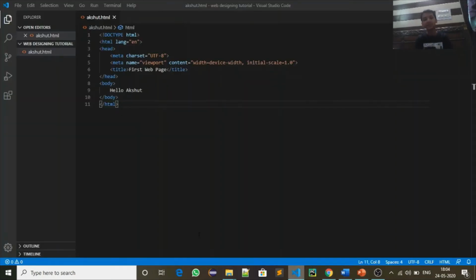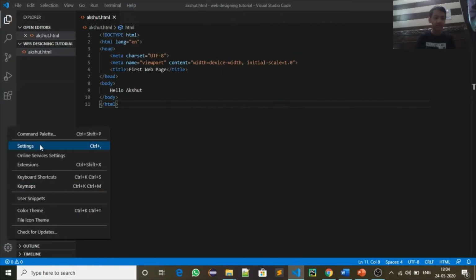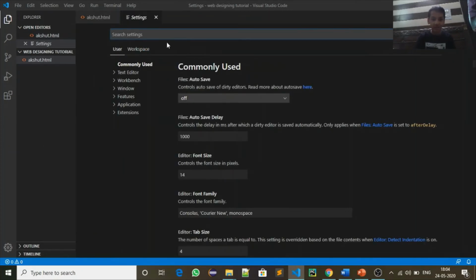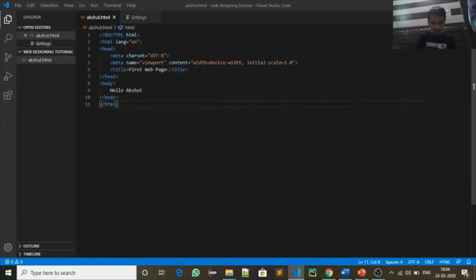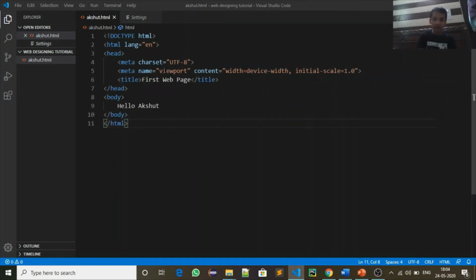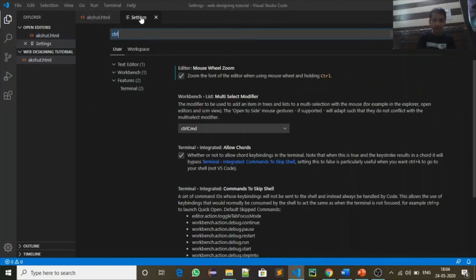So now let me tell you more functions about VS Code. So now go to the gear and select settings. So now you can type control and you can see this one. If you tick on it, then if you select control and scroll your mouse, you will be able to resize the font.